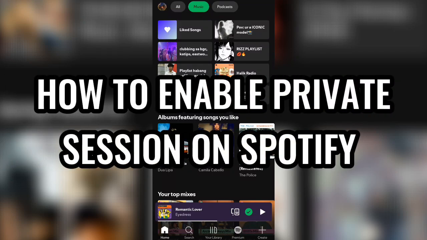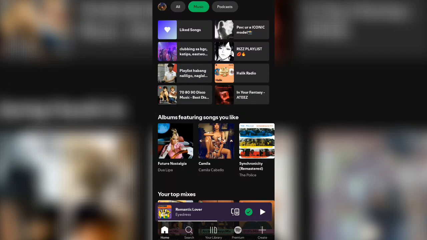How to enable private session on Spotify. If you'd like to listen without sharing your songs with friends or affecting your recommendations, Spotify's private session feature has